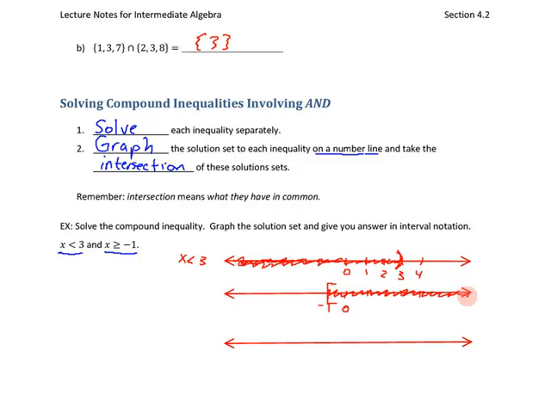Now look at these two lines and say which area of those two lines is shaded in both of them. And what you'll see is that it starts at negative 1. Negative 1 is included in both of these sets, it's shaded in both of these, so it's going to be a bracket here. And all the way up to 3, but not including 3, is shaded in both of them. So this is x is greater than or equal to negative 1. So the intersection